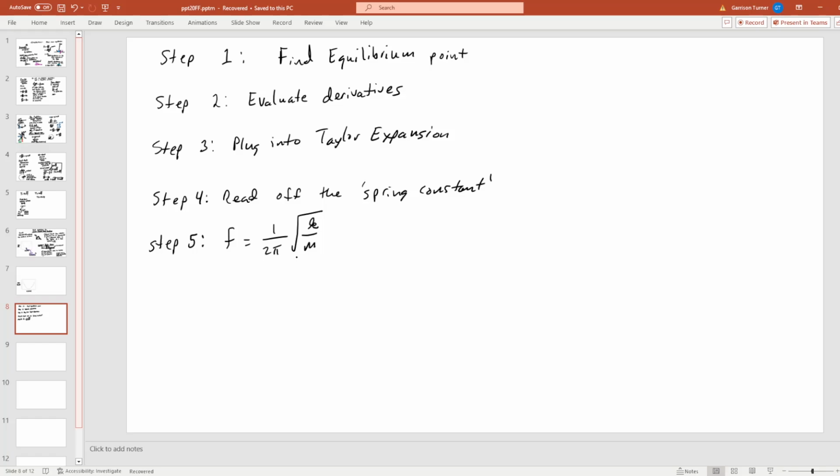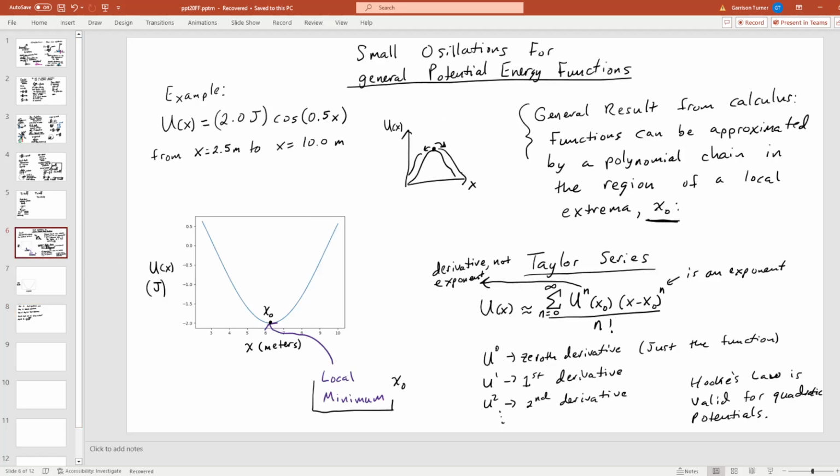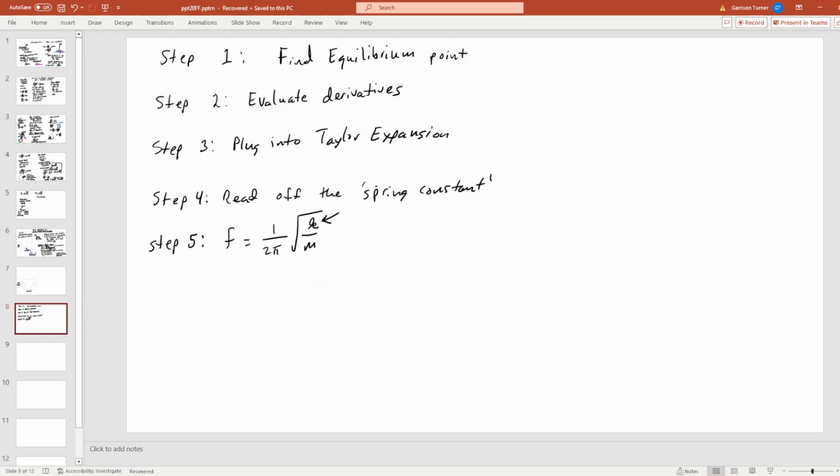Okay? So our job is to determine k from this expression. Now, believe me when I say, I understand if that makes no sense at the moment. But bear with me, okay? Bear with me and we'll find out what's going on. So,